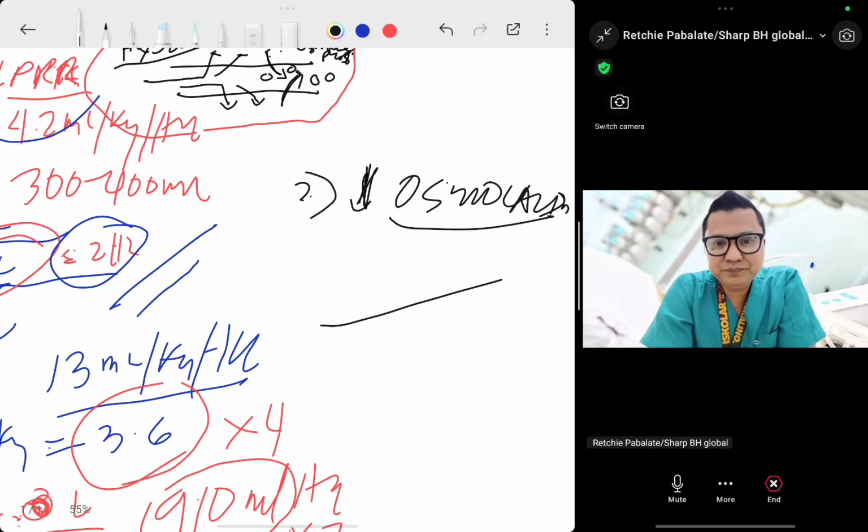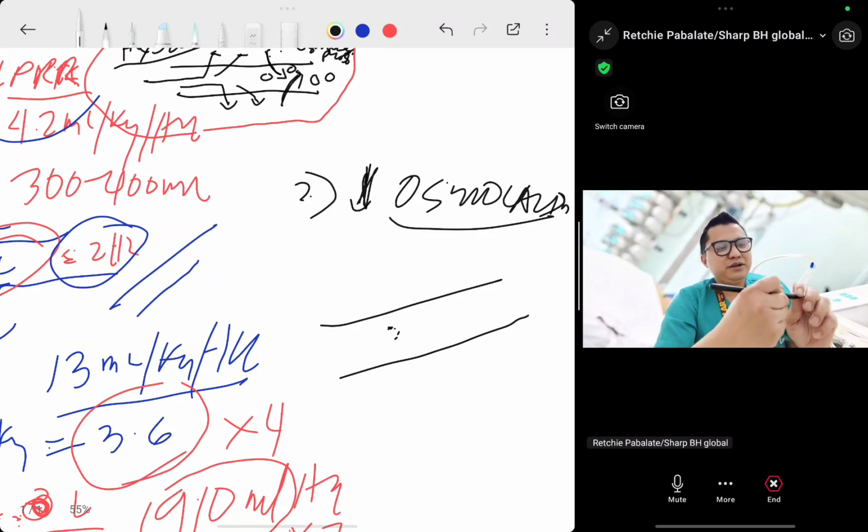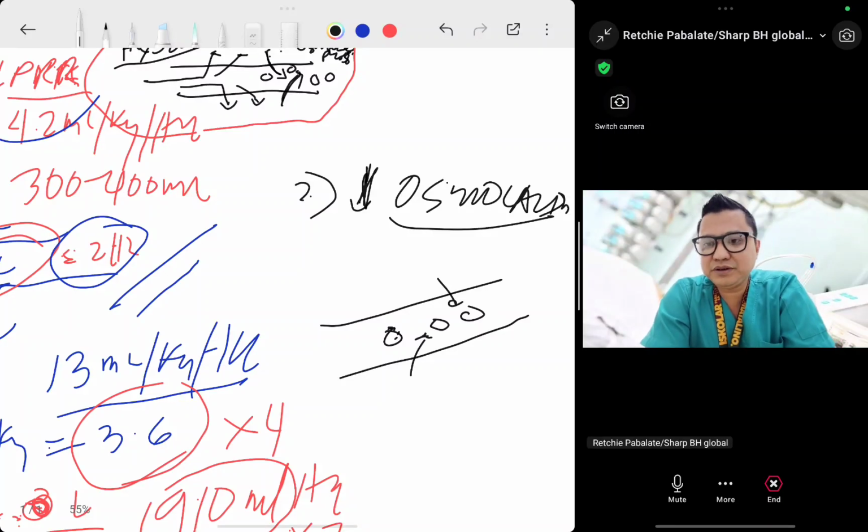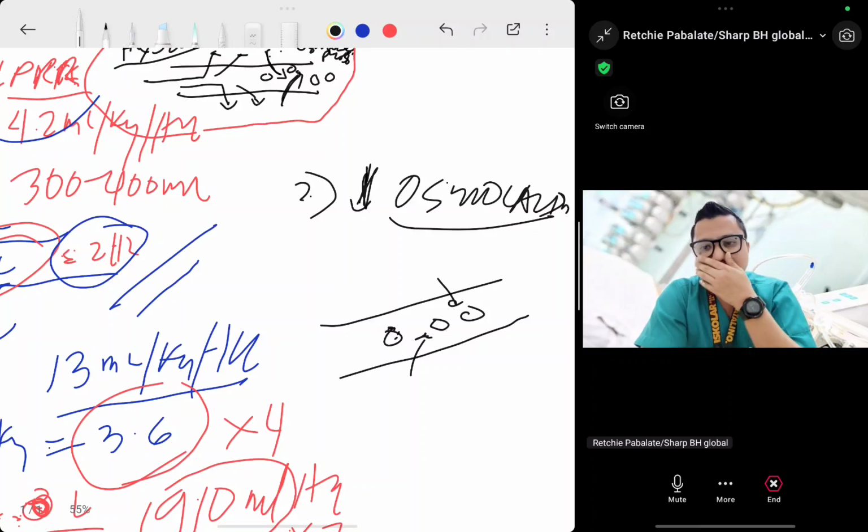For example, remember that the number one factor for your osmotic pressure is your albumin, right? Albumin pulls the water from the tissue into the intravascular space, or from the intracellular space into the extracellular space, expanding your fluid volume inside the vasculature, or the vascular space.